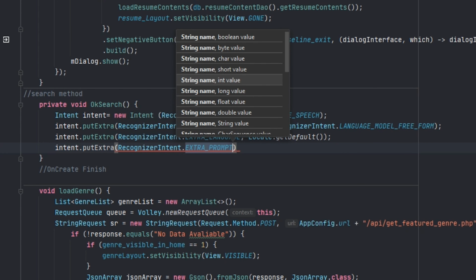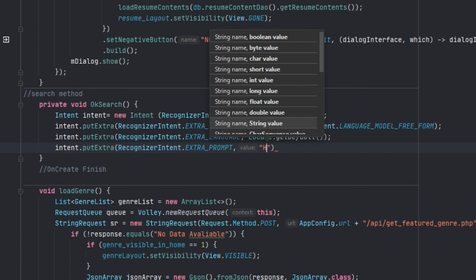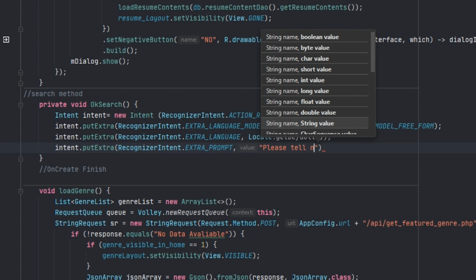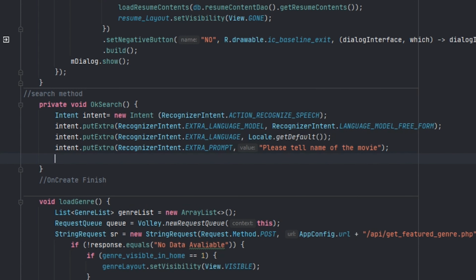The fourth line allows us to write a custom text. Here I write, tell a movie name. In case you're using another language, for example Hindi, you can write it here. For writing in other languages, it is recommended to use it via the string.xml file.